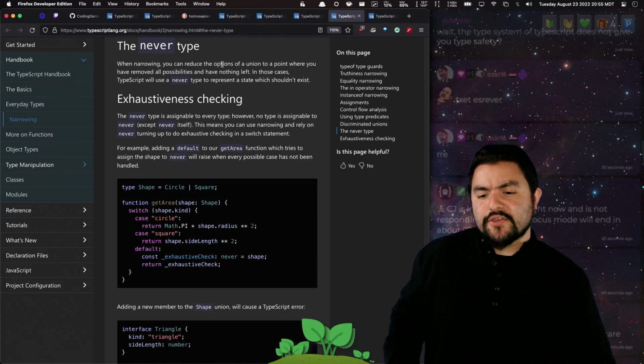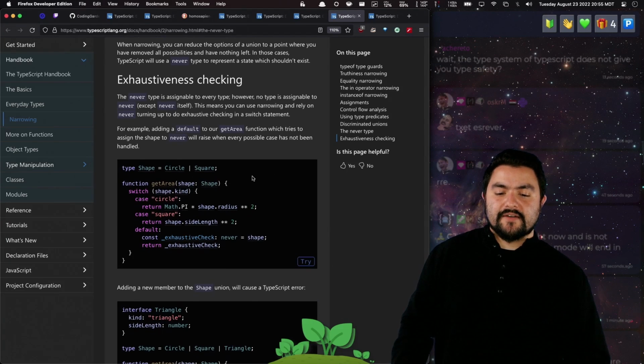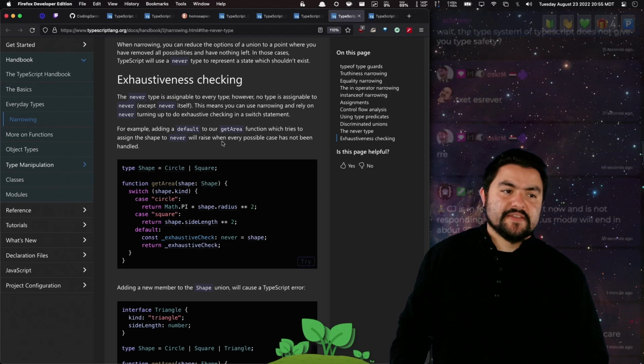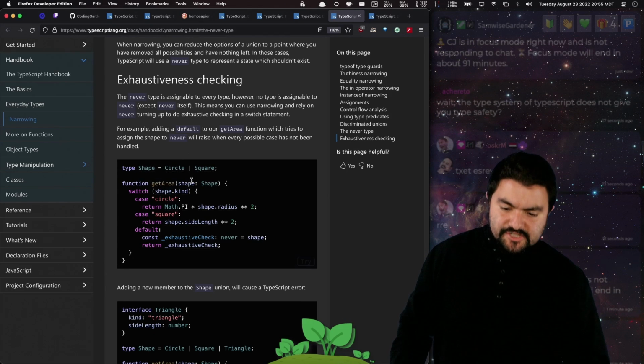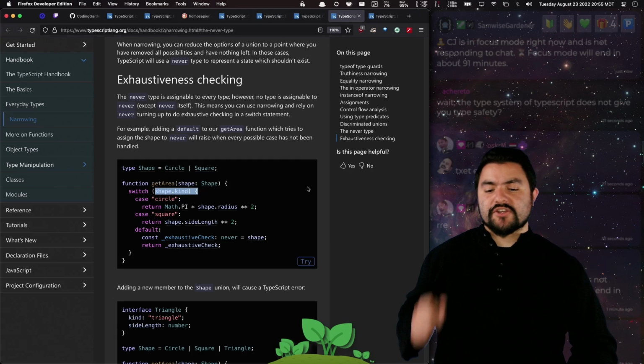And this says, when narrowing, you can reduce the options of a union to a point where you have removed all possibilities and have nothing left. In those cases, TypeScript will use a never type to represent a state which shouldn't exist. So this is an example of a switch statement on a specific type. So you have a type that is called shape that's either circle or square. And if you do a switch on that type,